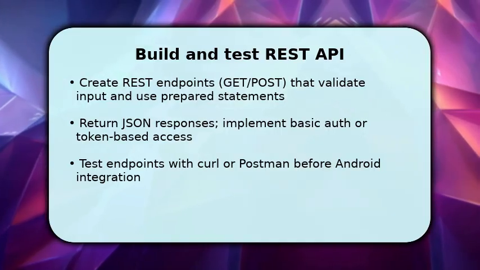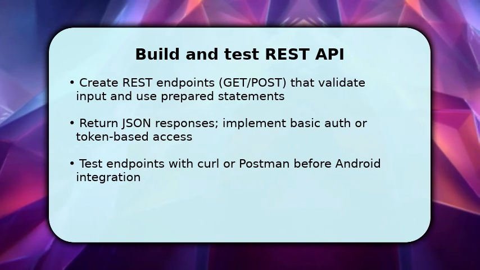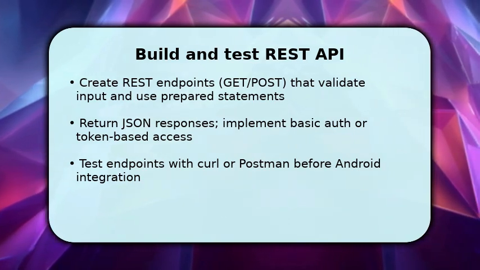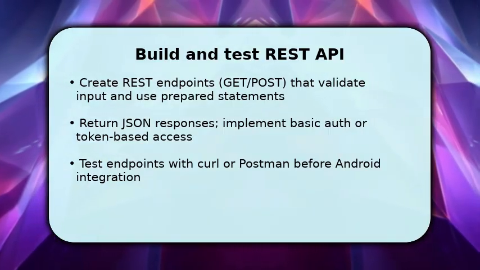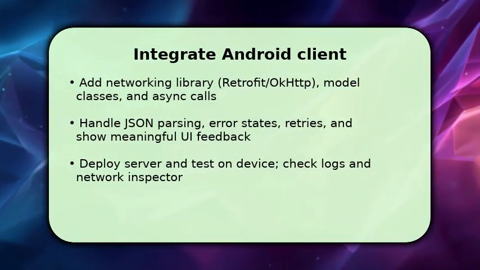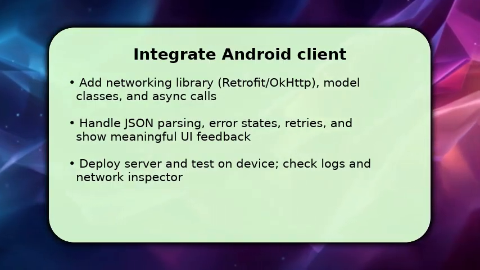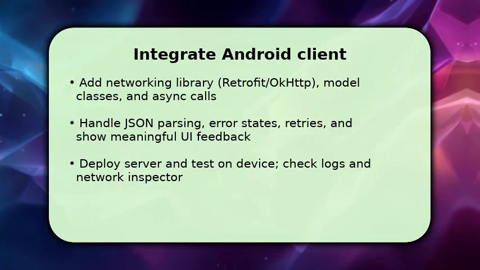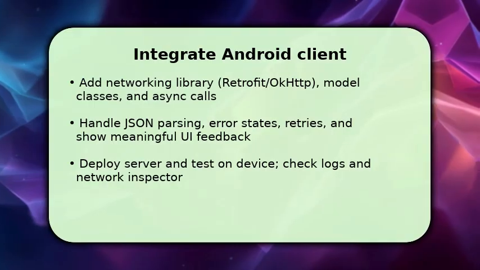When endpoints behave correctly, you can move on to Android. Map JSON fields to model classes and implement client request/response parsing. In Android Studio, add a networking library like Retrofit or OkHttp and define service interfaces matching your API. Then create model classes for JSON mapping and perform network calls asynchronously, handling errors, timeouts, and retries so the app